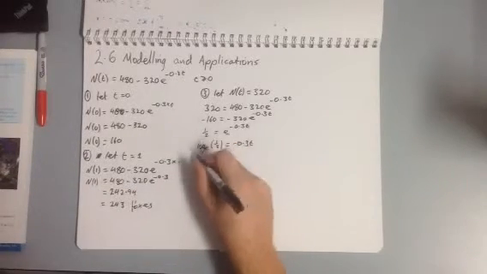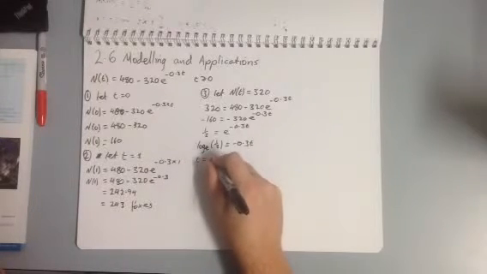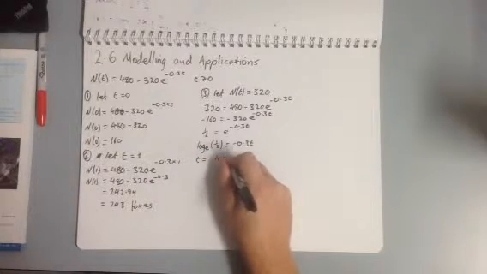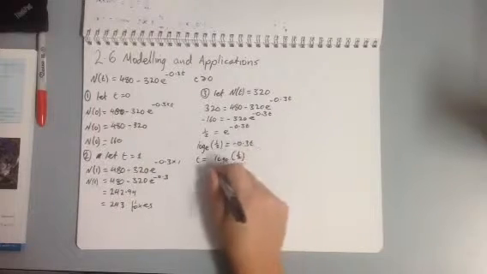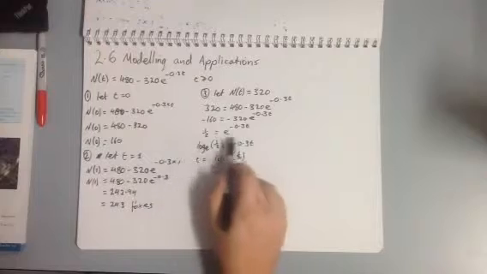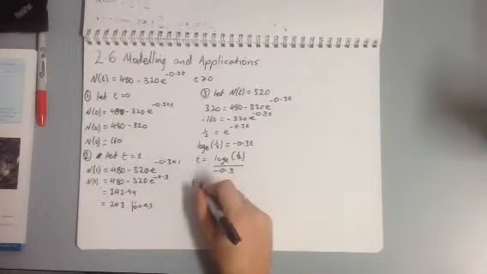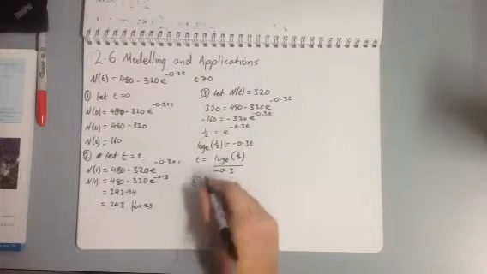Which means we would then divide by negative 0.3, so t would equal log to the base e of a half divided by negative 0.3. But it's quite acceptable to use your calculator to solve it at this step, which will get t equals